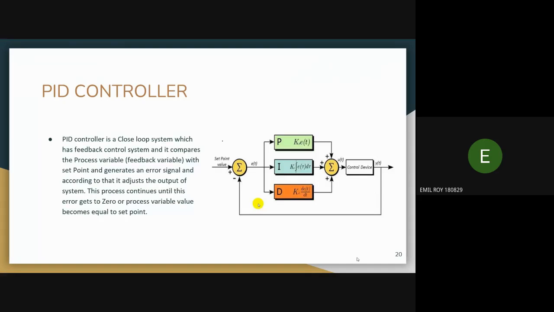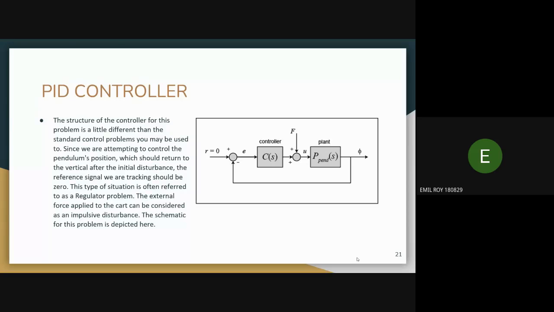Next slide. Here we consider that there are two systems, one for the pendulum and another for the cart system. We will attempt to control the pendulum's angle without regard for the cart's position. From the modeling, our input is the impulse that is given to the cart, and the output is the angle of the pendulum. So here we control the angle of the pendulum. The design criteria are: the pendulum should come into its vertical upright position within 5 seconds, and the angle should not vary by more than 0.05 radians.